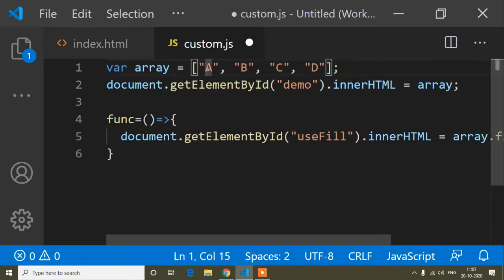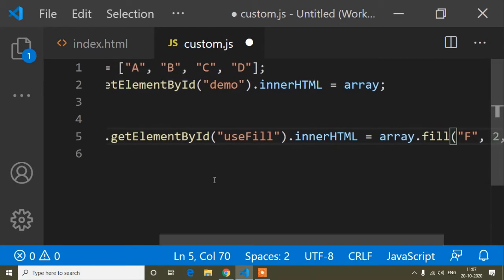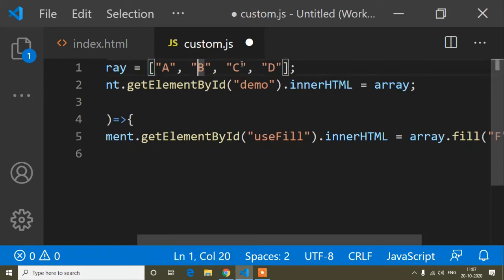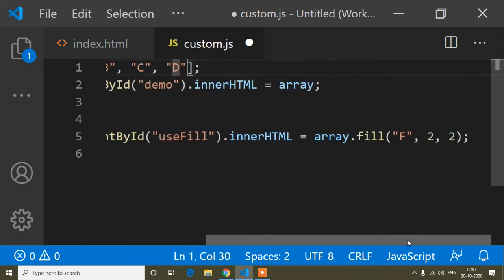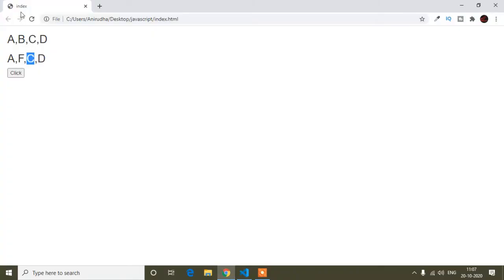And now the same way, if you want to change the value of C, the position of C is, here you can see 0, 1, 2. So you have to write the position 2, and again here you have to pass where you don't want to change after. I don't want to change after the position of C, so I will write here 2, and after that the position is 3, that is 0, 1, 2, 3. I don't want to change from position 3, so I will write 3, so it will change only the position of C.